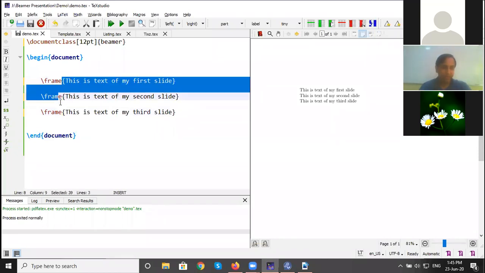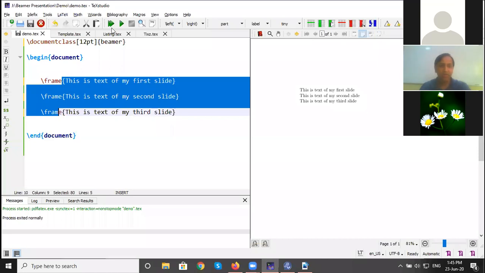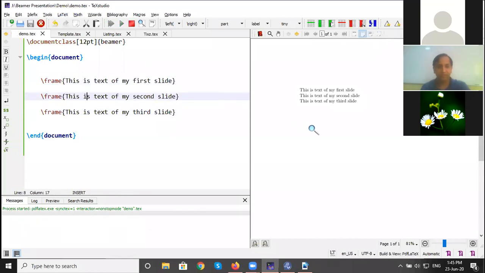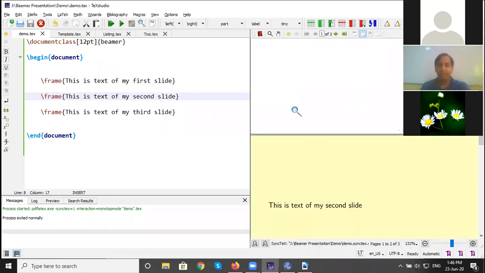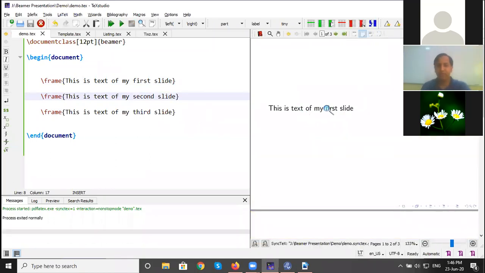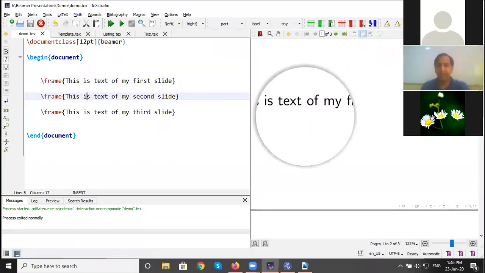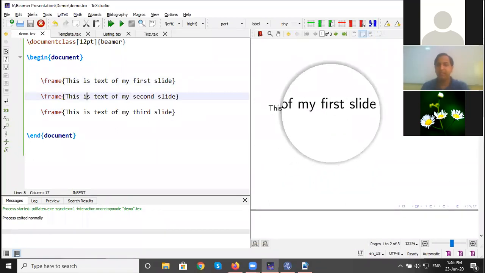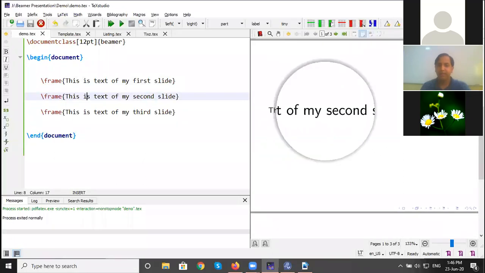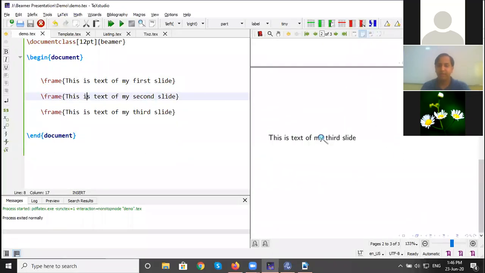We add 3 frames here, so in our output, we get 3 slides. You can just check it. We get the first frame containing 'this is text for first slide', then the second slide, and then the third slide. So it is very easy.